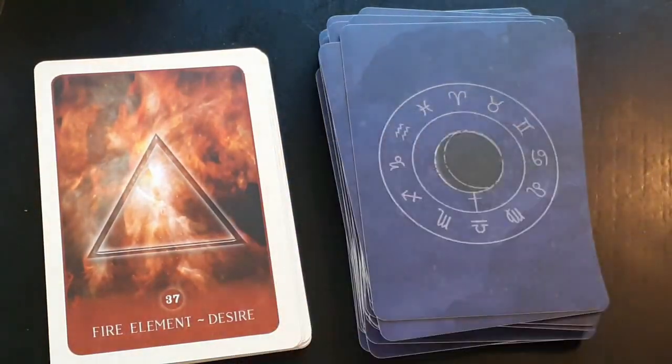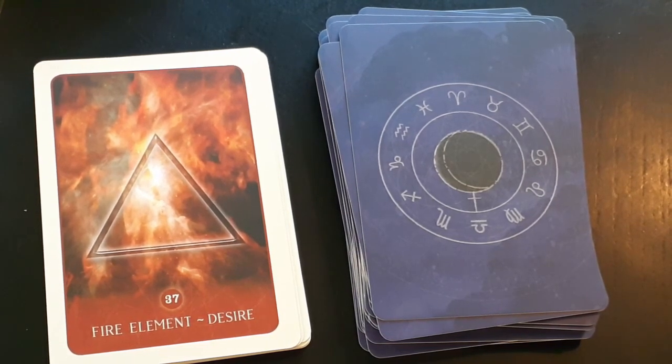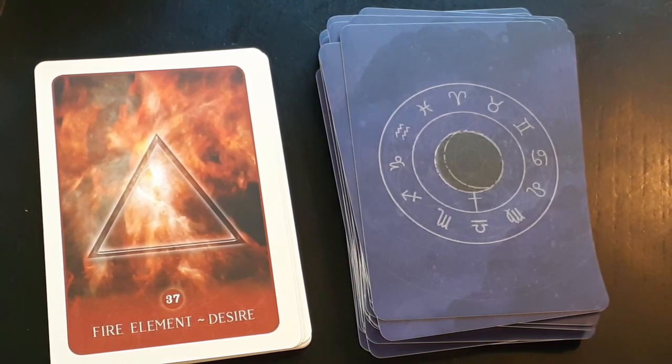Fire element, desire. New starts, sudden change in direction, usually dramatic in nature, a shift in drive, a dare, being spontaneous, knowing what to do in the moment, competition, reactions, being challenged,